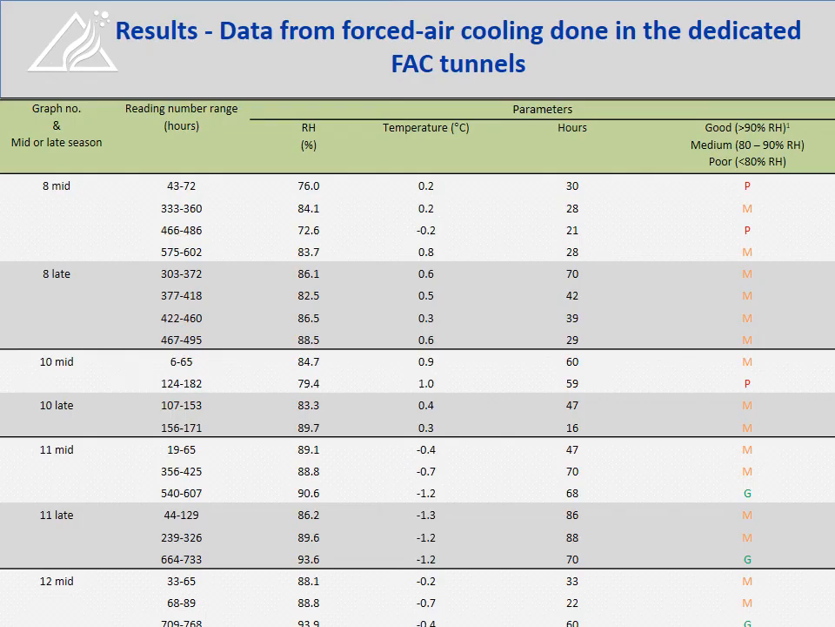If we look at data from forced air cooling done in dedicated forced air cooling room tunnels, this was a few of the sections of the period that I took out, and we can clearly see that in three cases the relative humidity was in the poor range, at an average of 76, 72 and 79% relative humidity, and then there were three very good rooms that were above the 90%